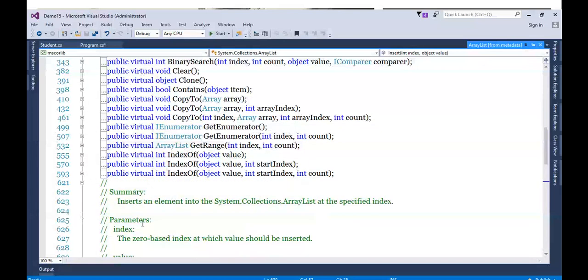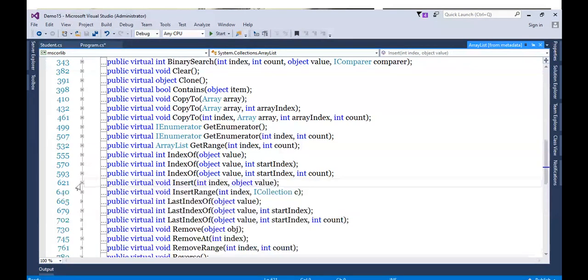Now what is this Insert doing? It inserts an element into an array list at the specified index. Since you need to tell the position, at what position you want to enter it. And on the basis of this position, the element will be added in between. Like we keep on saying, collection classes provide the functionality of adding the elements in between, in the middle. So let's watch out.